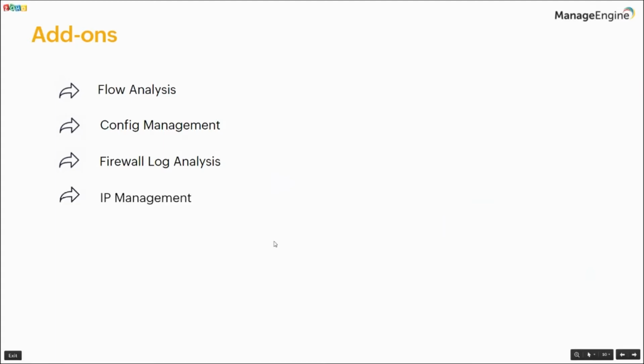And the next add-on which is available is called IP management. The IP management is otherwise called OpUtils, where it's divided into two parts. One is for IP management, which is called IPAM, and the second part is called Switch Port Mapper. So IP management helps you manage the entire IPs which are there in your environment with respect to the subnets and the devices which are connected to them, where you will have a complete inventory report of how many IPs are used in your network, how many are free and how many are available, which you can use to push the information to them.